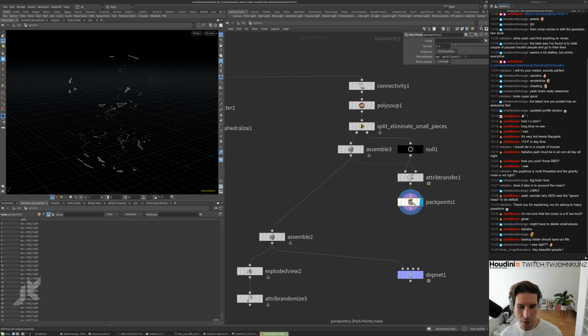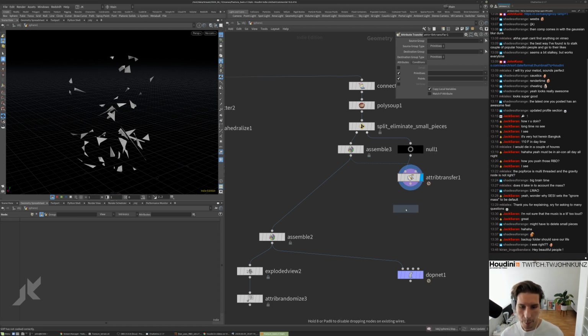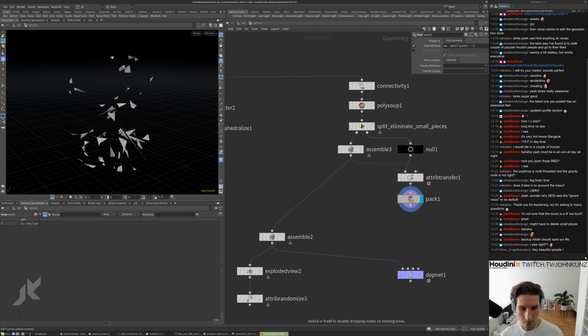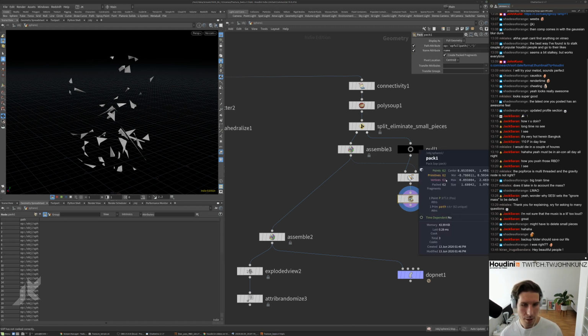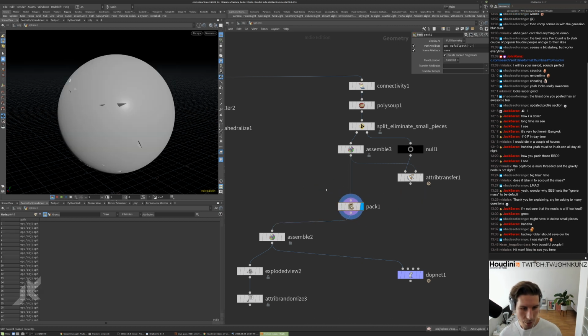So this is for points. We just do pack. And then enable name attribute. You can see we have 62. I don't want to do it just yet. We want to merge